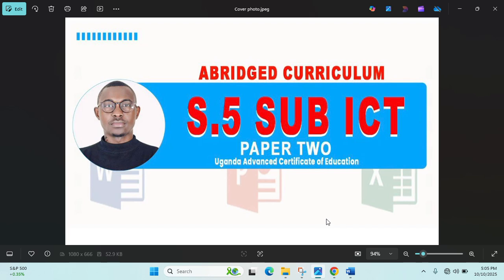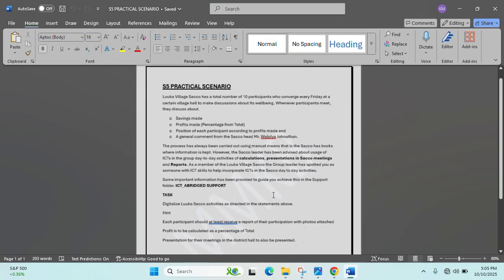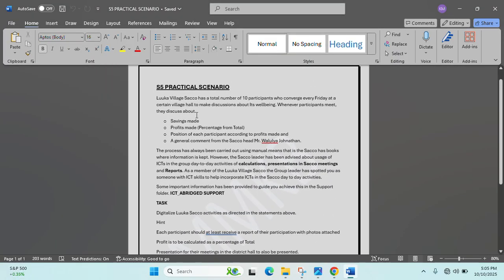Back to the cover photo of the video. Like I've said, the video is about the Senior 5 class, and learners are being tested whether they can use the various software they've been studying from term 1 to solve a challenge. The challenge, according to my scenario here, is just a circle in Luuka village. Luuka is a certain district in the eastern part of Uganda, and it seems they have a circle that